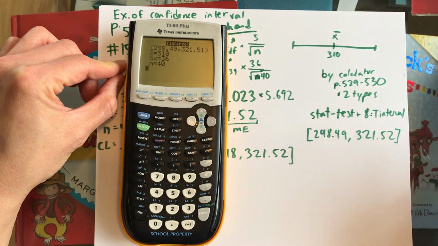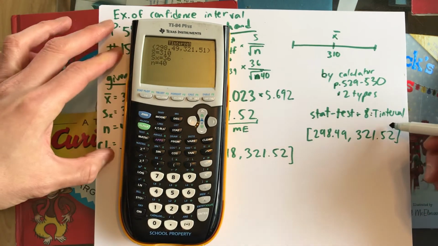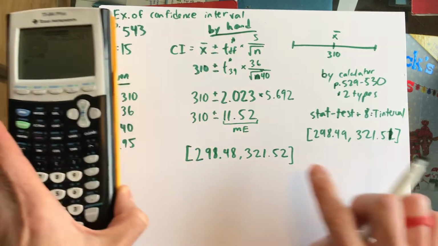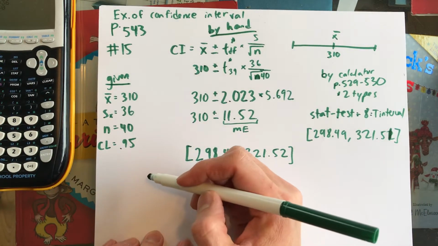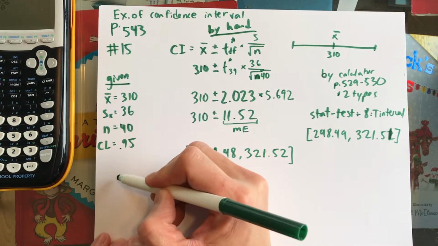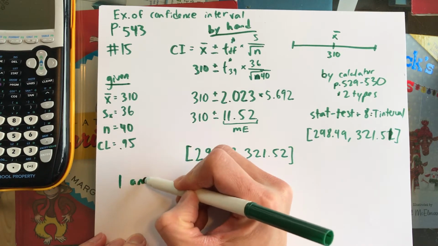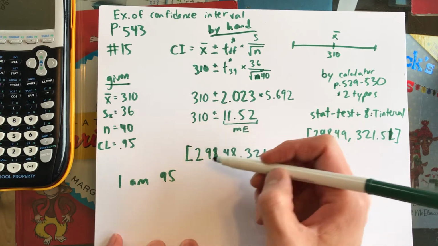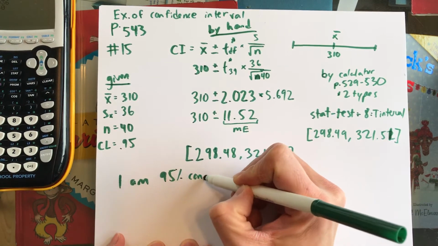We did it. 4-1, 4-1, 5-1. Okay, just off a little bit, it's okay. So our interpretation here, we have to write, I am 95%. Now this does not change at all from what we did in our past chapters. 95% confident